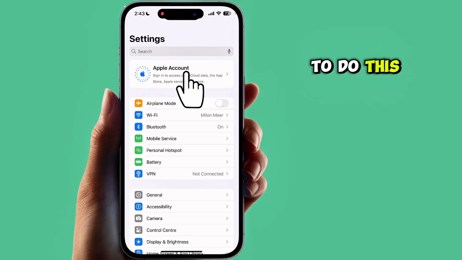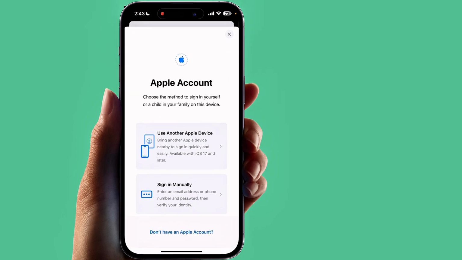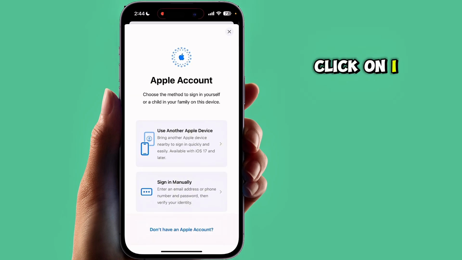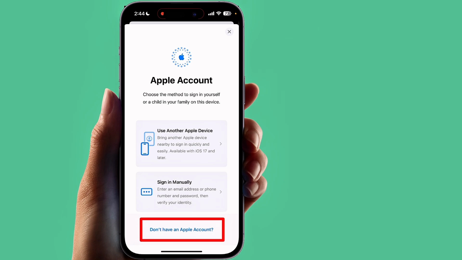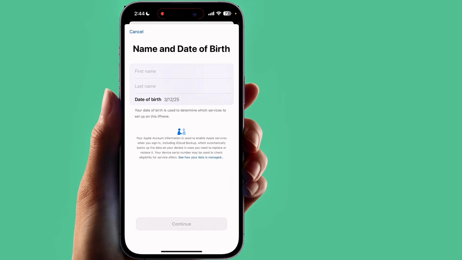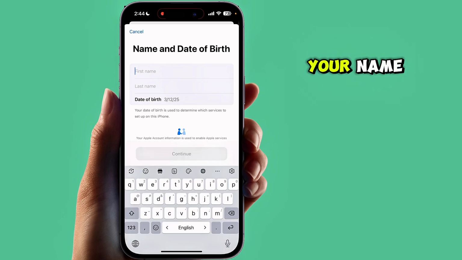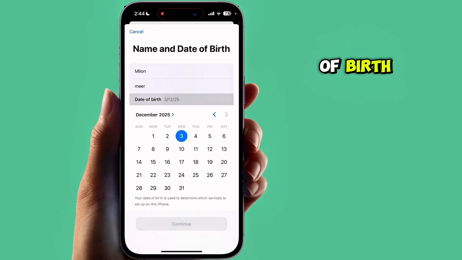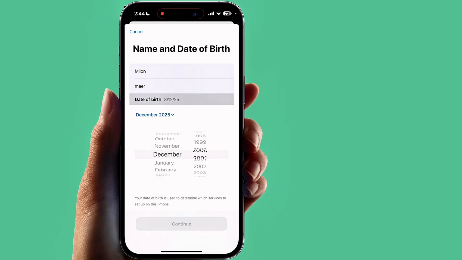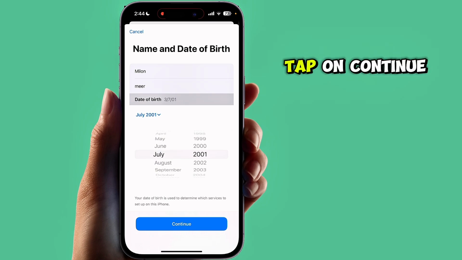To do this, click on Apple account, click on I don't have an Apple account, and now type your name and select date of birth. Tap on continue